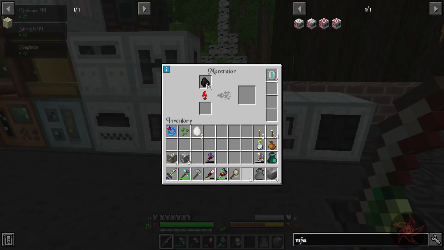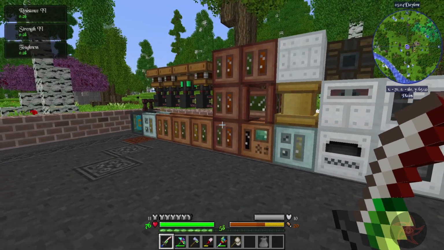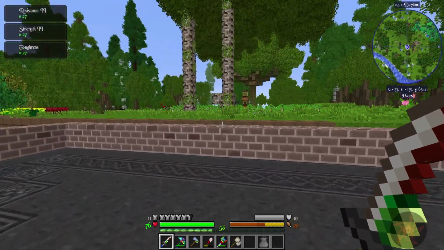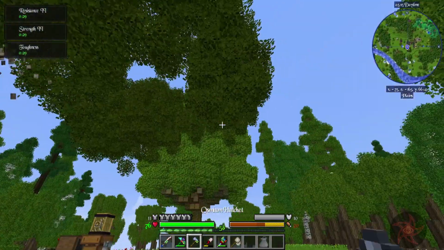Macerator. There you go. Block cutting machine. There you are. These are running again because we're pulling ethanol. And... well, this is also pulling biomass now that it's working again, so...